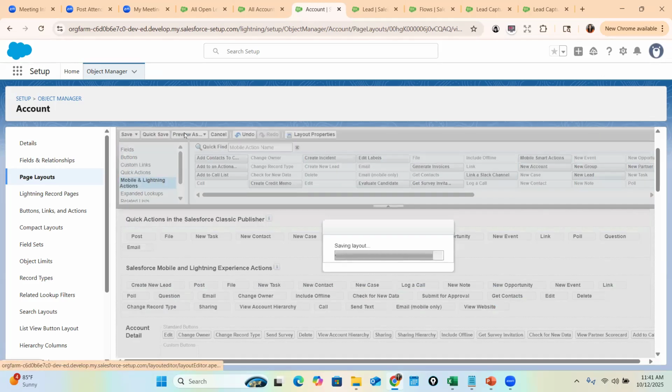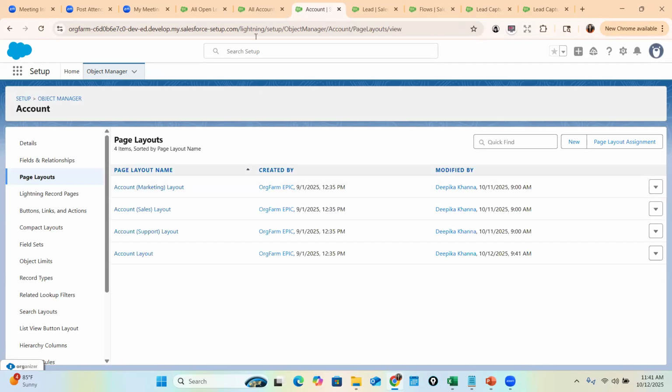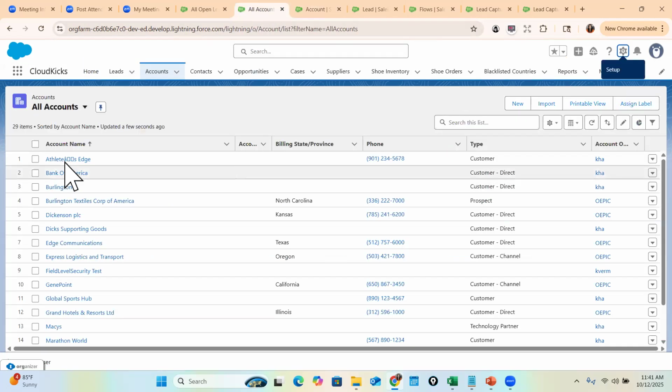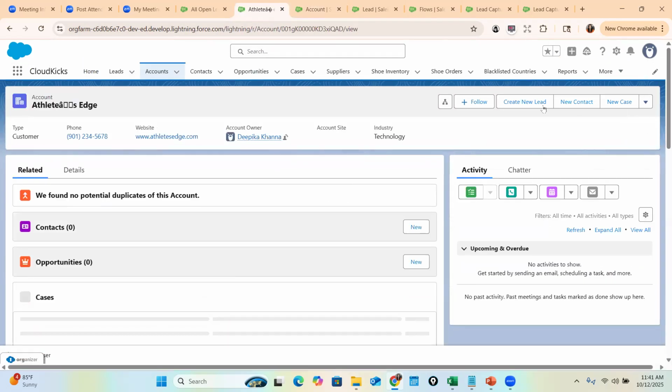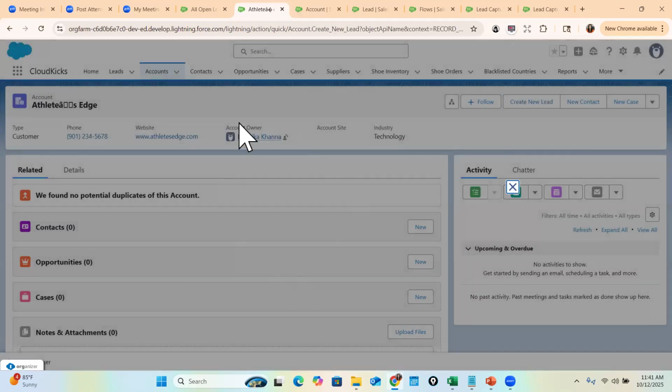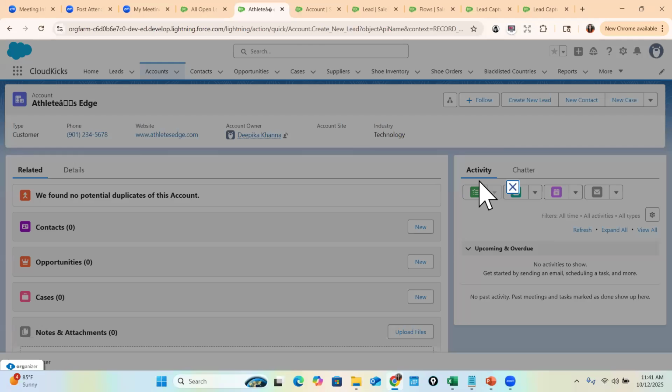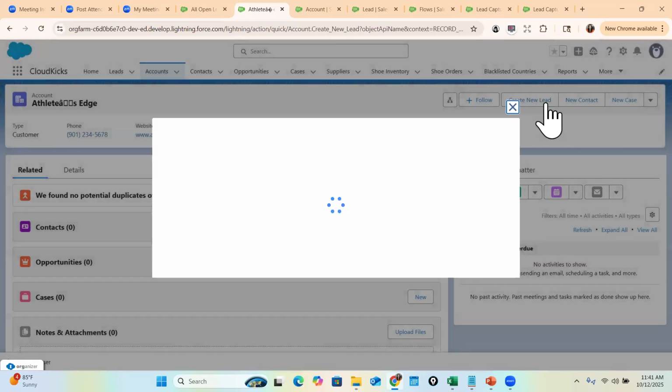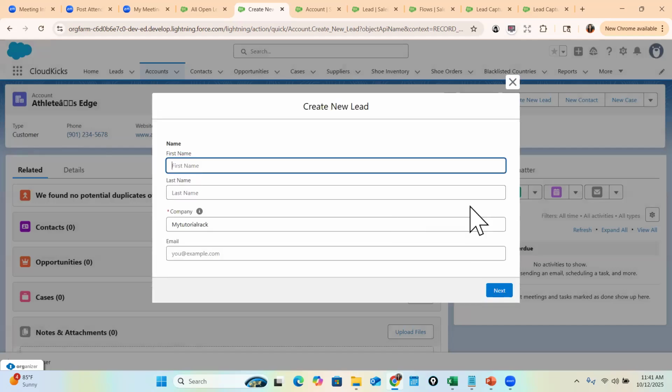So we added the screen flow on the home page. Now we are adding a button here. So if I go to any of these, now there is a create new lead action available, and that pretty much does the same exact thing. So why is it not working? Okay, it works. So first name, last name, same one that we created, and